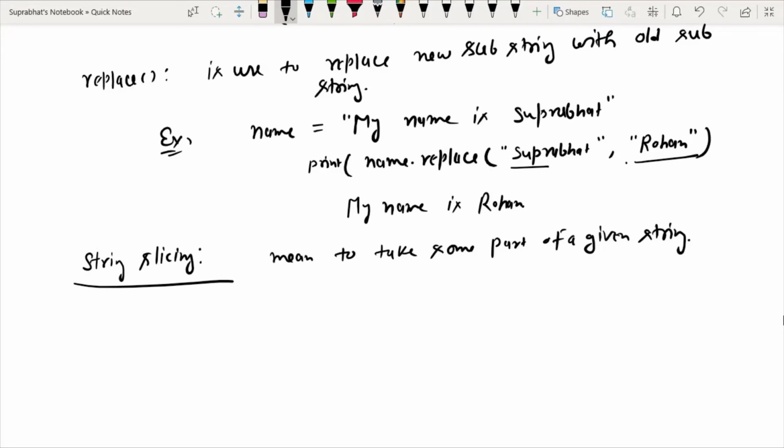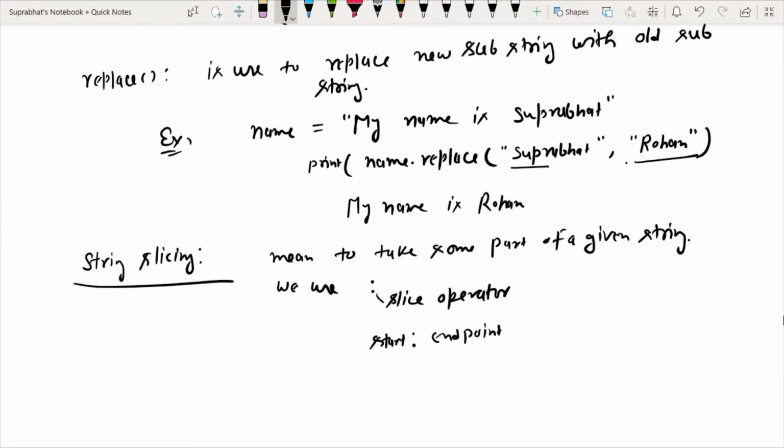So we use this colon, this is the slice operator, and in this slice operator we first give the start point, and this is the end point.